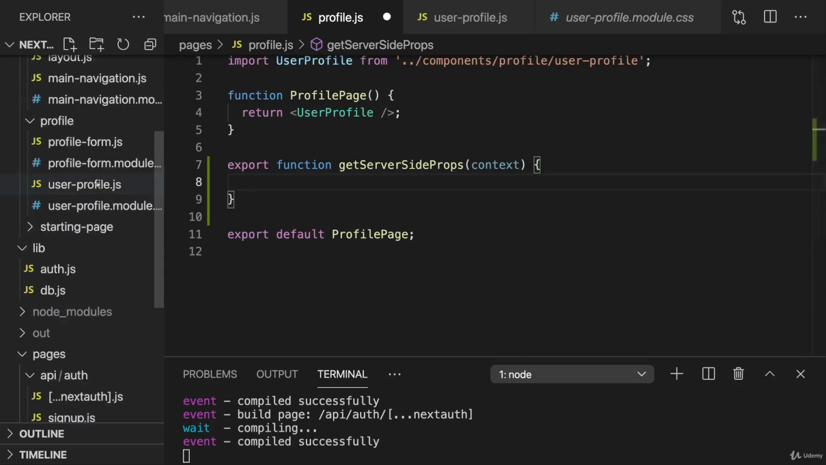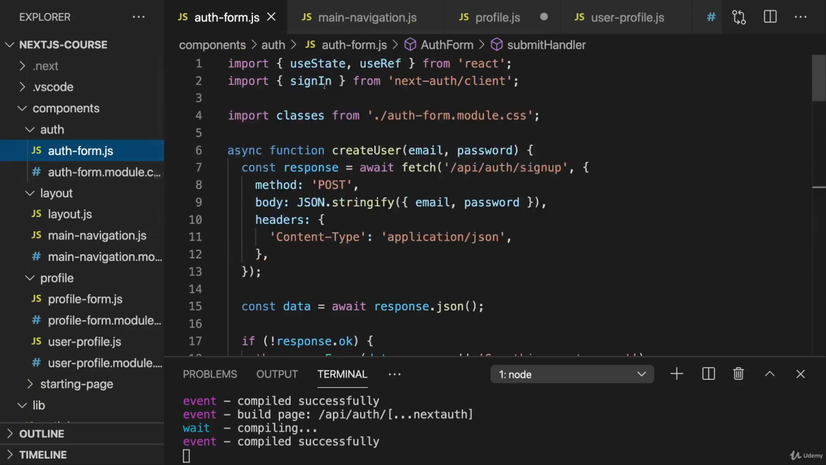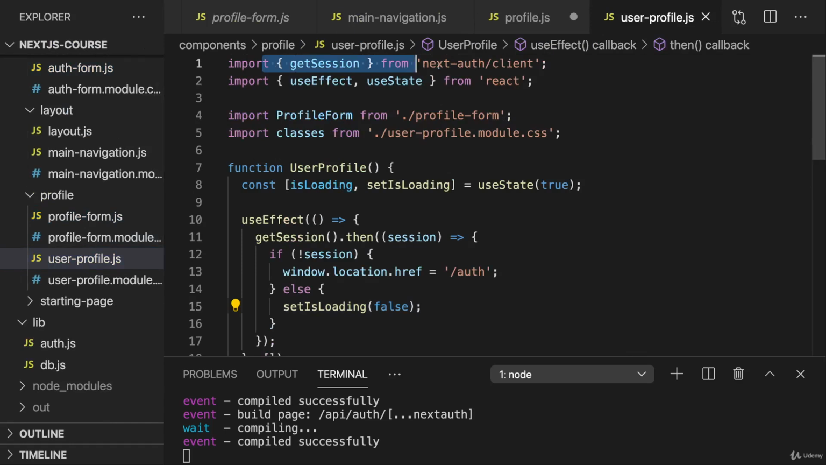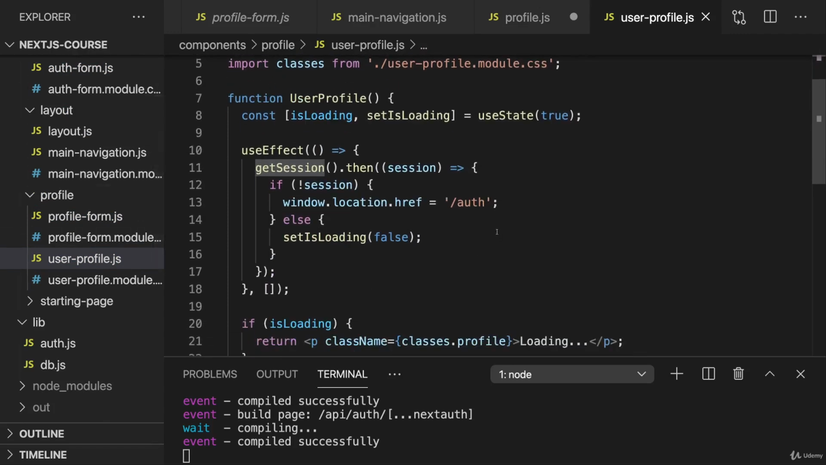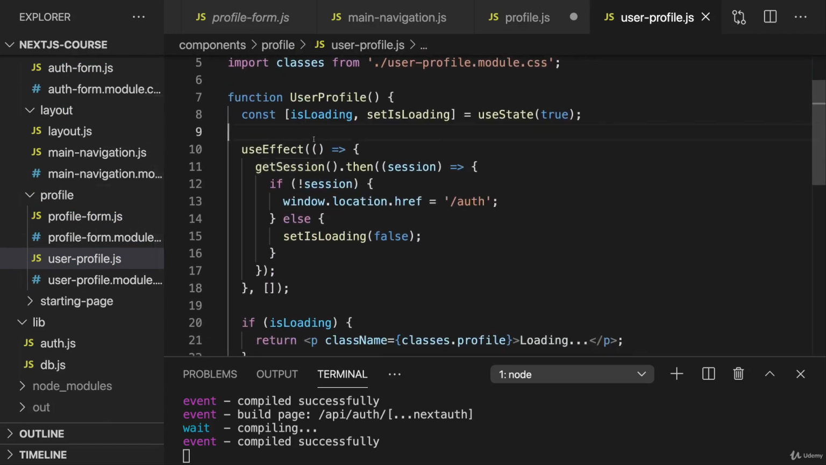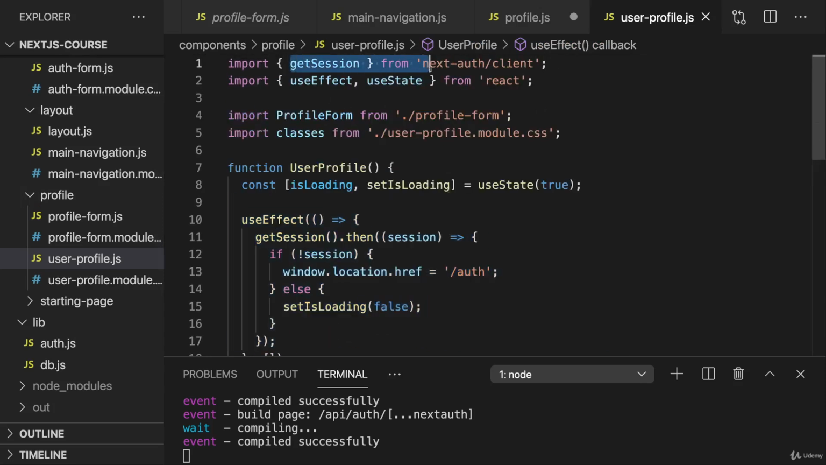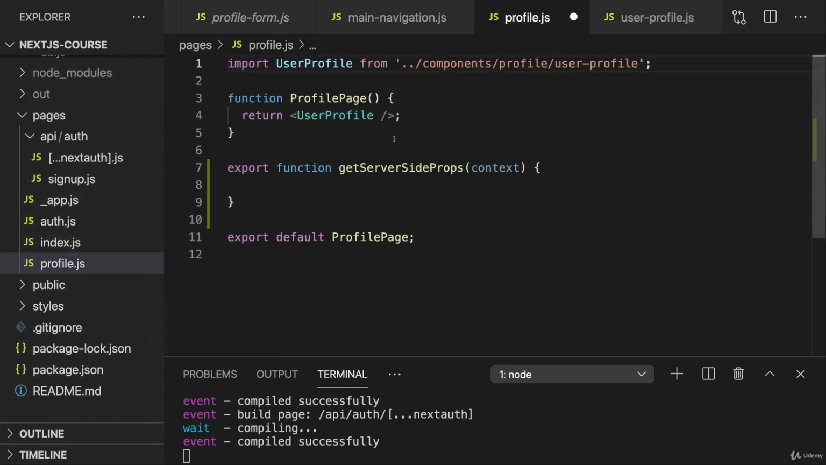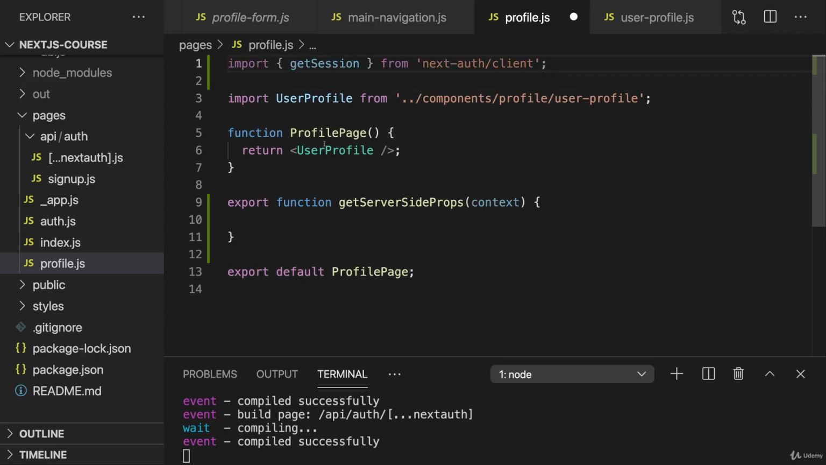And the good thing about getSession, which I'm using in the user profile component here, the good thing about this function is that you're not limited to using it on client-side code only. As you see, it works in a component, but you can also use getSession on the server side, even though it's imported from next-auth/client. So we can copy that import and bring that over to profile.js here and import that on this page,